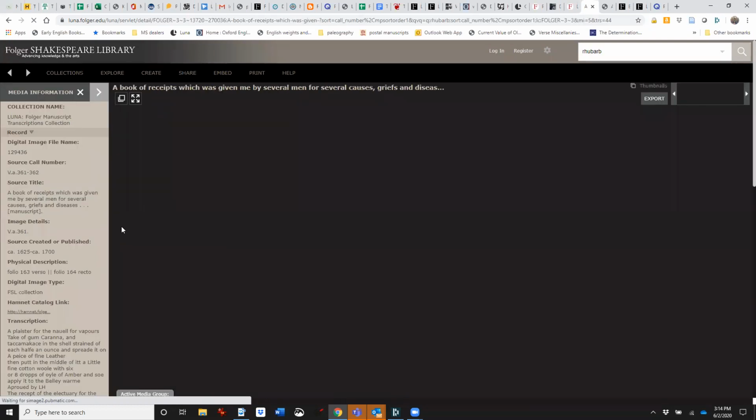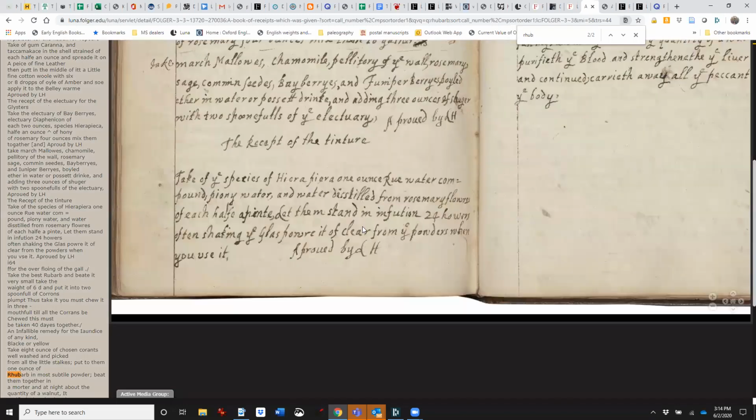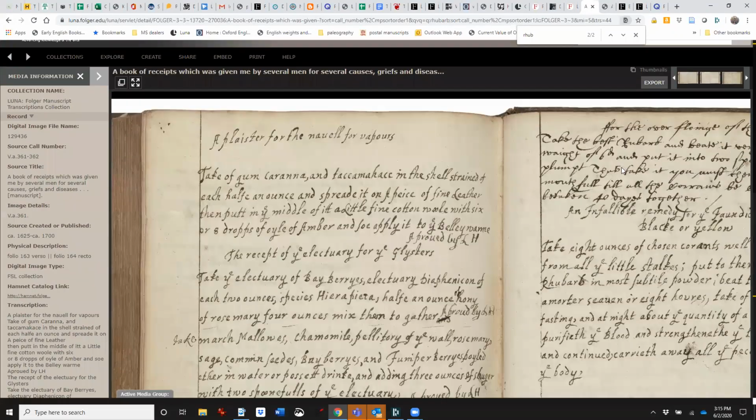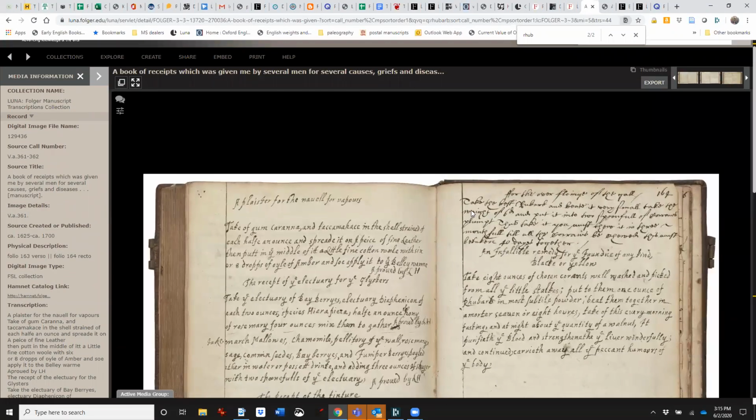I'll click on this one randomly, and you can see where in the transcription it appears: 1 ounce of rhubarb in most subtle powder. And then you could look up here and see it in the manuscript as well. And here's another rhubarb: take the best rhubarb and beat it very small.